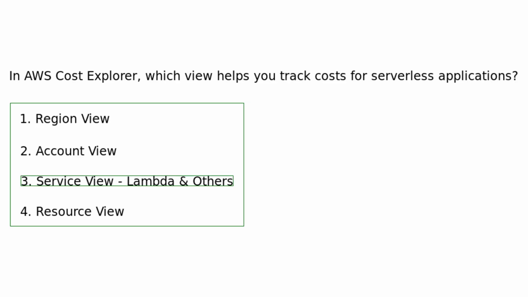Using the Service View in AWS Cost Explorer and focusing on services like Lambda, API Gateway, and DynamoDB helps track